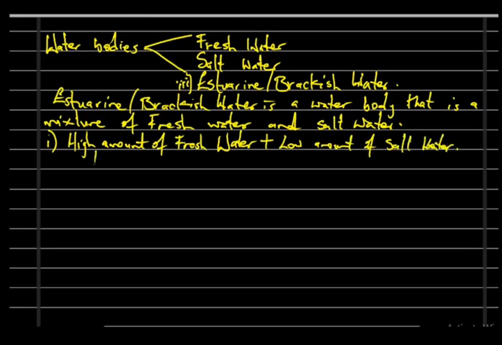Let me put it this way: high fresh water plus low salt water, and that condition will give us what we refer to as low salinity. A condition whereby the amount of salt in that environment is low because there is low amount of salt water